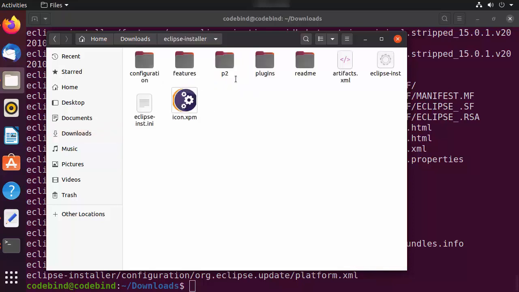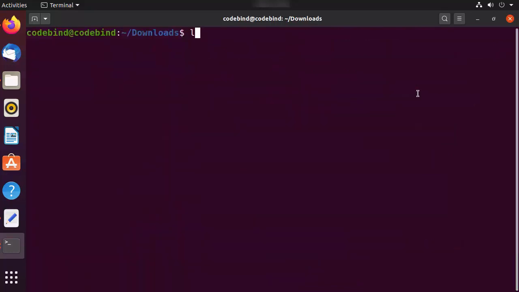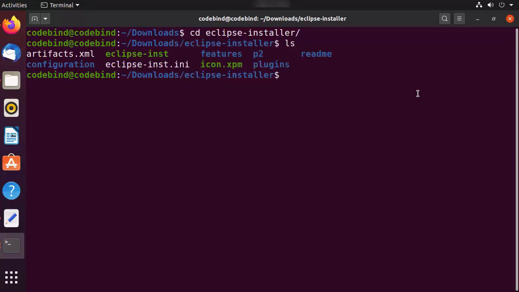Now inside this Eclipse folder, I can see this eclipse-inst file. I can run this binary file using the terminal also, or you can directly click on this file. Let me clear the terminal, and then I need to navigate to the Eclipse directory, and here I need to run this file, right?